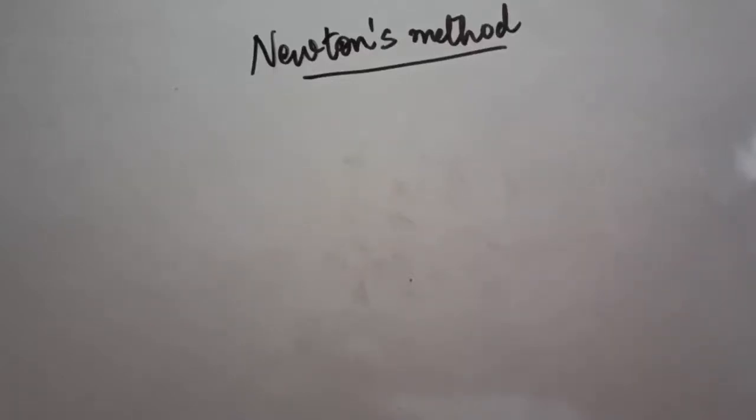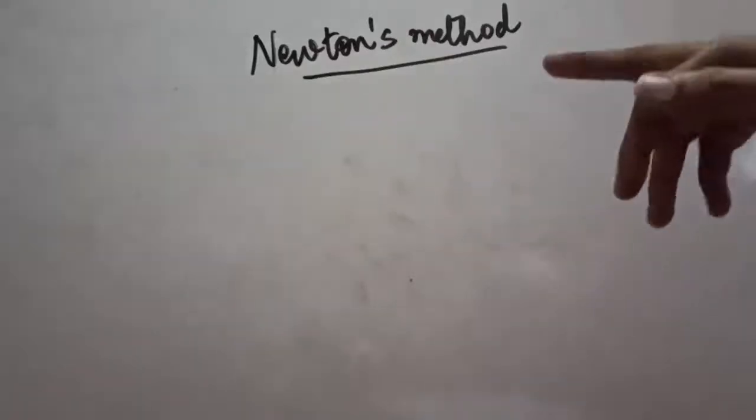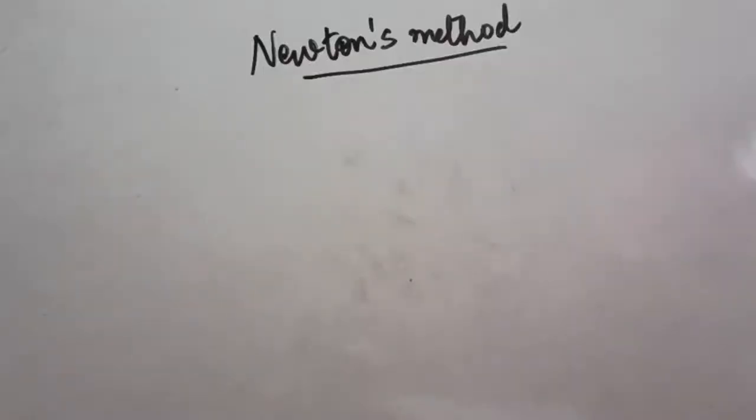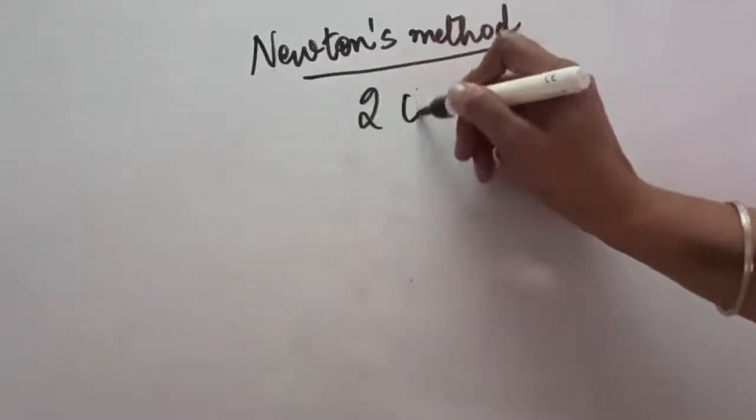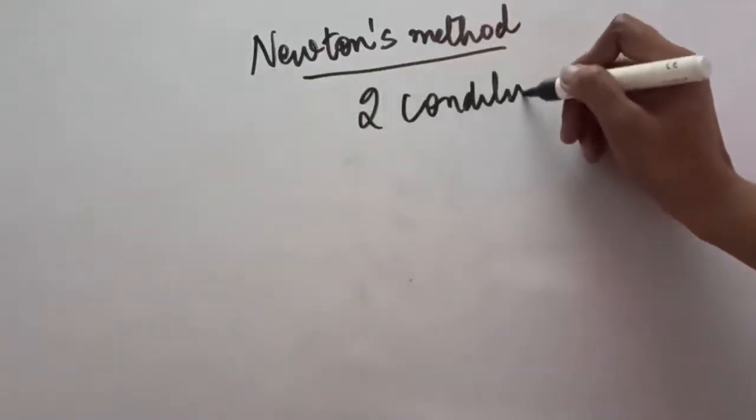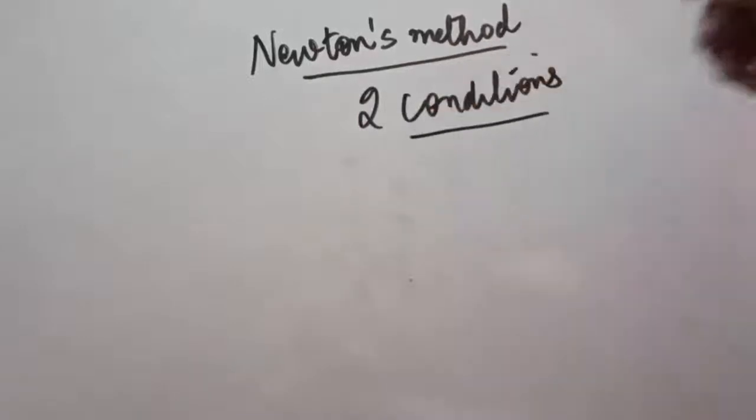Now, there is a very important point: instead of going ahead with four methods, we can directly go with one method. That method we will see in this video, and you can solve every question with the help of this method. Now, whenever you are thinking of applying Newton's method in a question, you have to check two conditions again, as we have seen in the case of the binomial method also. So here also we have two conditions that we have to check.